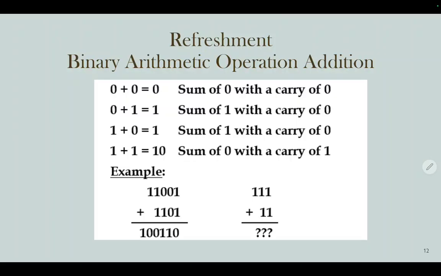Let's take another example here. 1 plus 1 equals 0 carry 1. 0 plus 0 is 0, so 1 here going down. 0 plus 1 equals 1. 1 plus 1 equals 0 carry 1. 1 plus 1 equals 0 carry 1. So 1 comes here. So here 1 plus 1 equals 0 carry 1. 1 plus 1 equals 0 carry 1. So 1 down here going here. And then 1 plus 1 equals 0 carry 1. So you got 1 0 1 0.